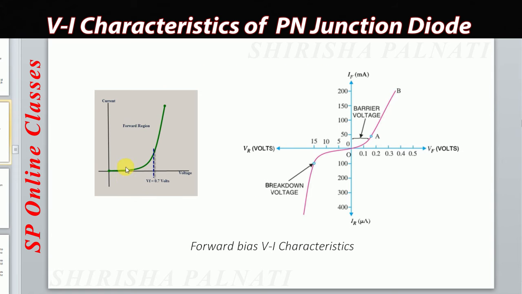Only when the voltage reaches 0.7 volts does the current increase. On the y-axis we take the current values, and on the x-axis we take the voltage values. If we take voltage values before 0.7, that means 0.6, 0.5, 0.4 and 0, the current stays near zero. Only when we increase above 0.7 volts does the current increase. So this is the graph of the forward region.